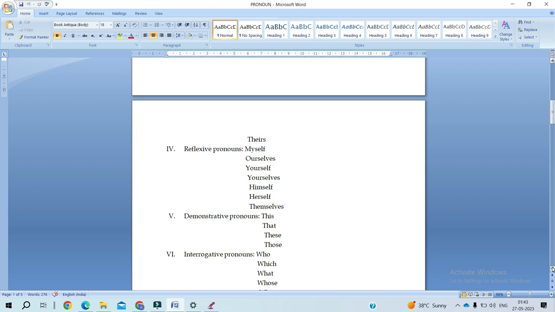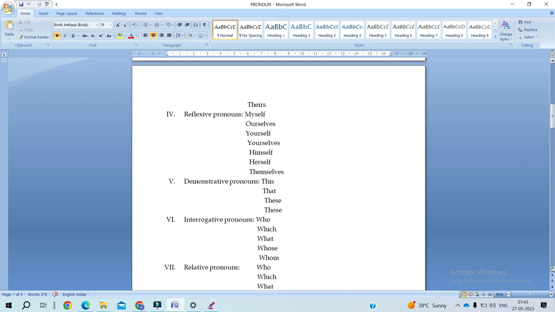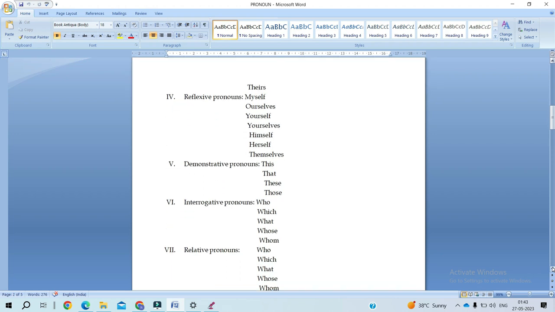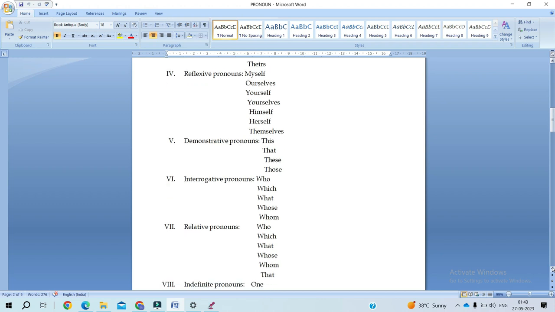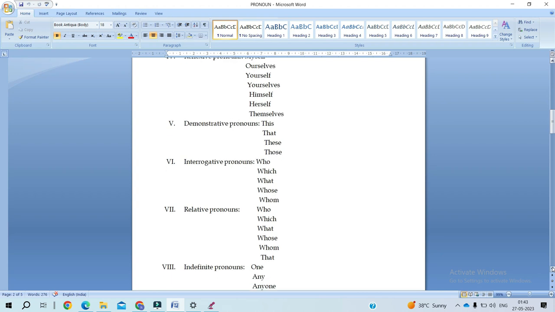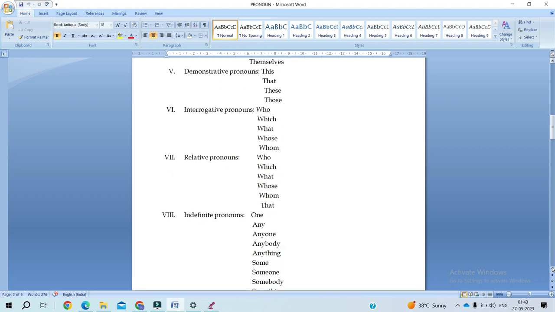Demonstrative pronouns: this, that, these, those. These are the demonstrative pronouns. Interrogative pronouns: who, which, what, whose, whom. Interrogation, that is, questioning. Relative pronouns: who, which, what, whose, whom. Relative pronouns. Indefinite pronouns: one, any, anyone, anybody, anything,